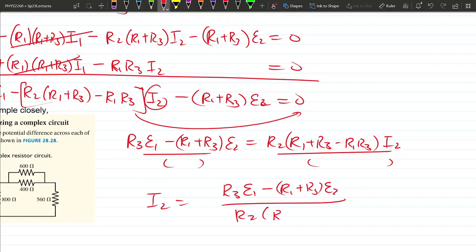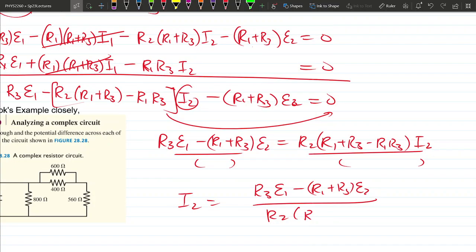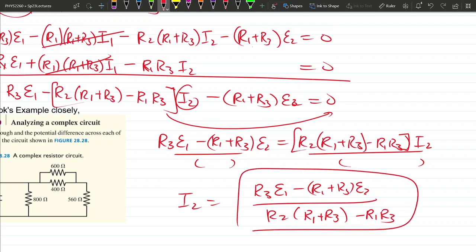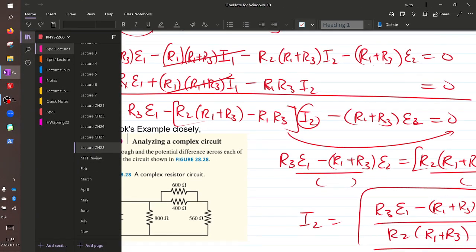Did I do that right? I just want to double check. Yeah, so this multiplies all of this. Sorry. And then if you plug in all those resistor values and EMF values, you will get the answer for I2. Whew. And so that's how you deal with these complicated